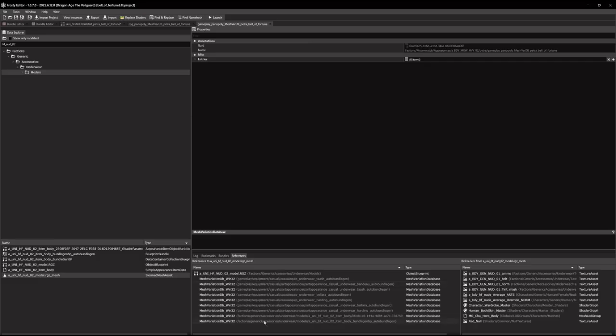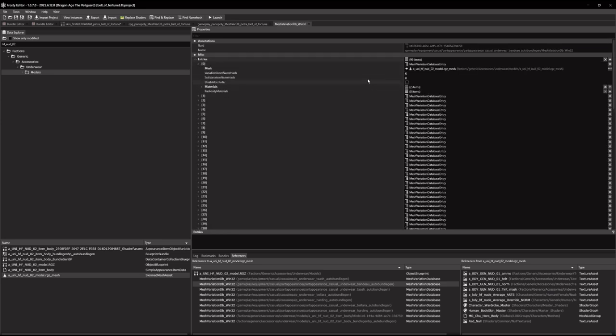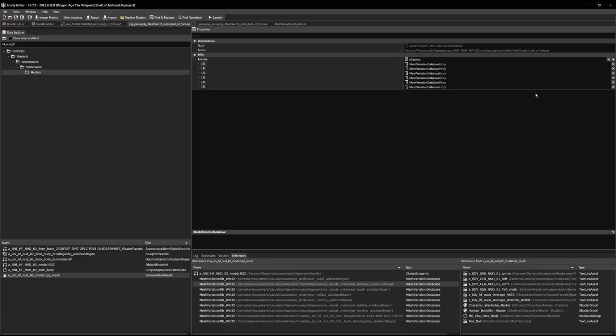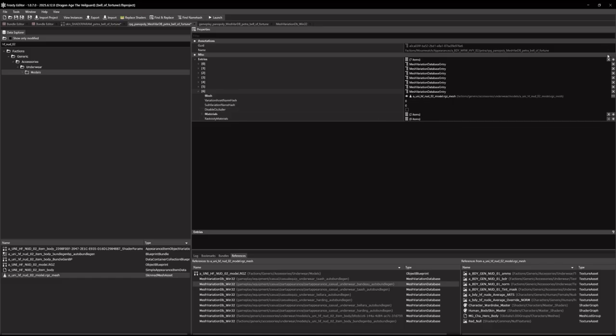I am literally just going to go here to this, or no, sorry. Wow, reading is hard. I'm going to go to the gameplay equipment casual part appearance here, and I'm going to double click that, and I'm going to open the entries, and the first guy that I see here is that new mesh. So I'm going to copy entry 0, and in my first guy, I am going to click the little plus, and I'm going to add a guy,